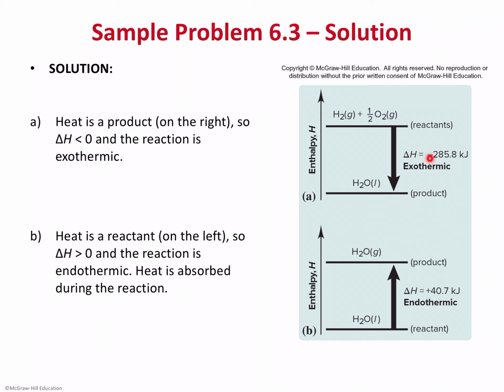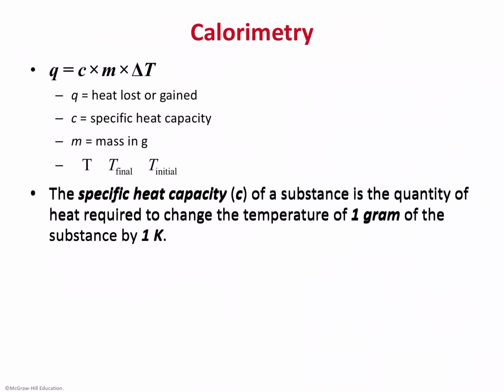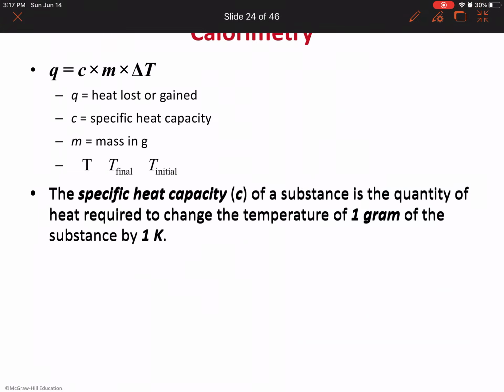The product has less energy compared to the reactants. You lose this much energy. And then the second one, liquid water becoming gaseous water. In order for the liquid to boil off and make some gaseous water, it needs heat from the surroundings. The amount we need to give is 40.7 kilojoules, endothermic reaction, and delta H is positive. Okay. We'll start the calorimetry in the next